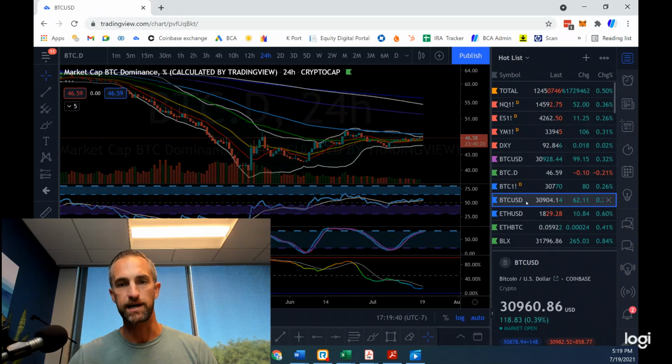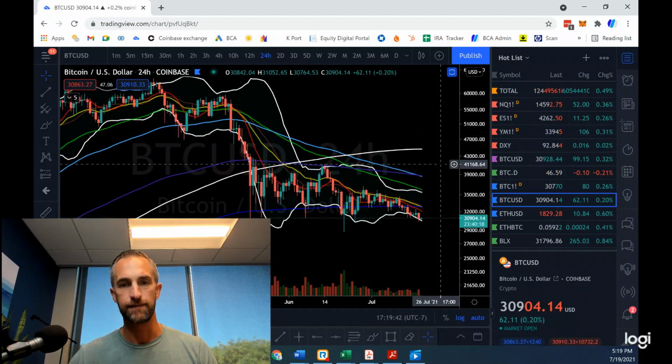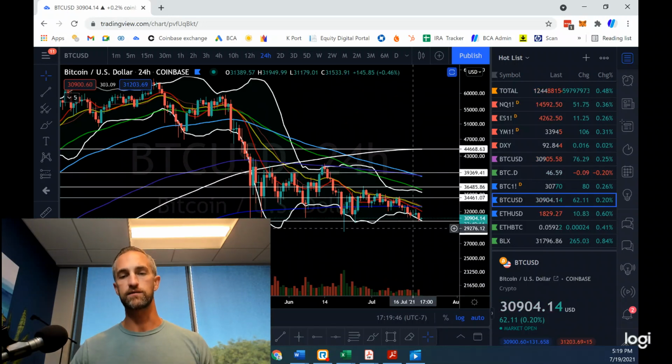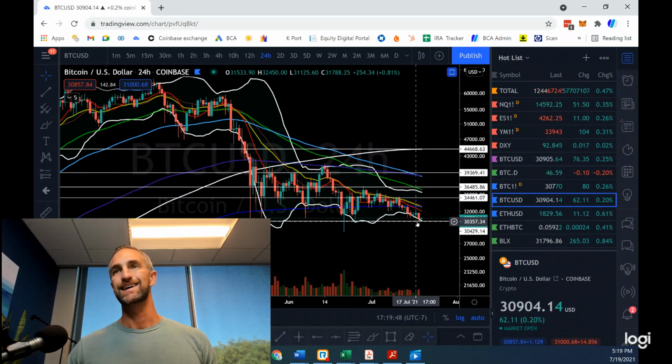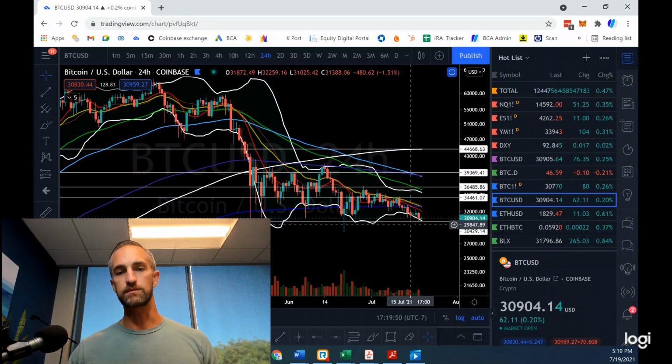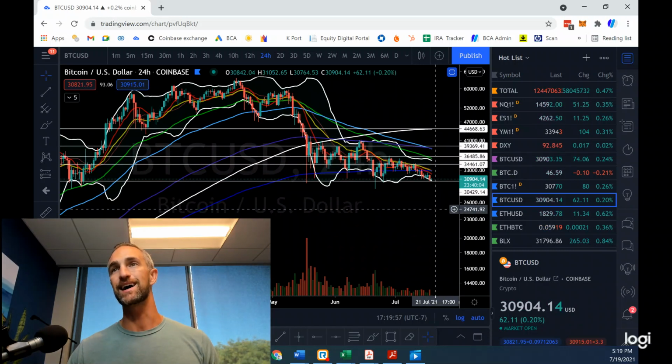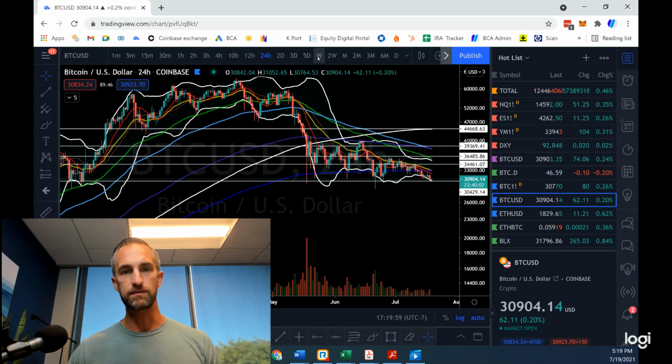But let's jump back onto our indicator here, and let's just take a look at some levels. What I am looking for is to coincide with the next downside move. If we can get a daily closure below 30,000, I'd say that gives us enough for at least a move down to